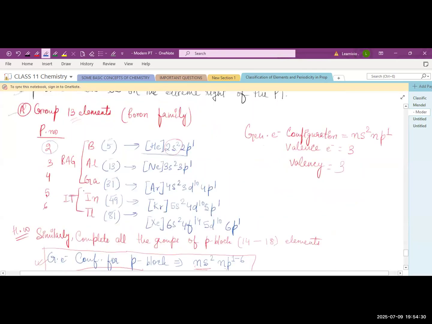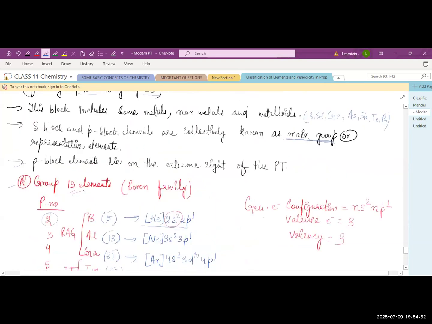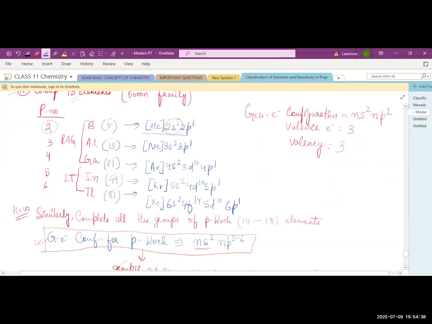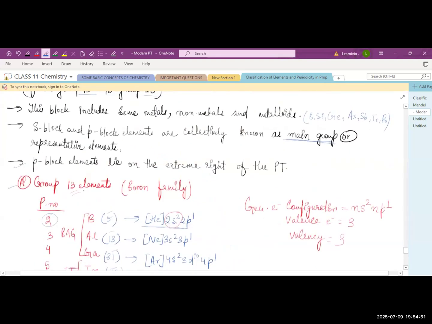Okay, groups of p block. Like you wrote 14, you can write 15 also, right? So it's your homework. Complete all the groups of p block from 15 to 18: 15, 16, 17 and 18. You have to write these four just like you wrote now. Okay? Okay, ma'am. And learn the periodic table, like your atomic number, mass, valency, each and everything till 30